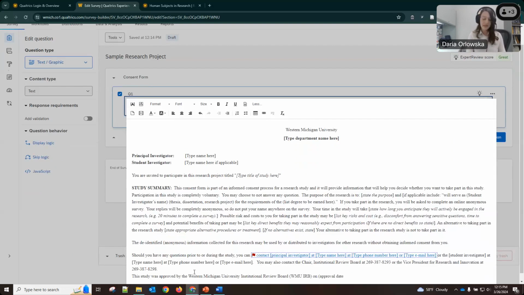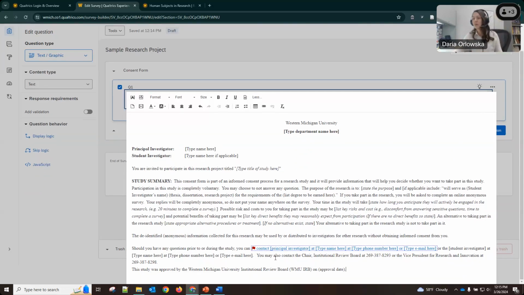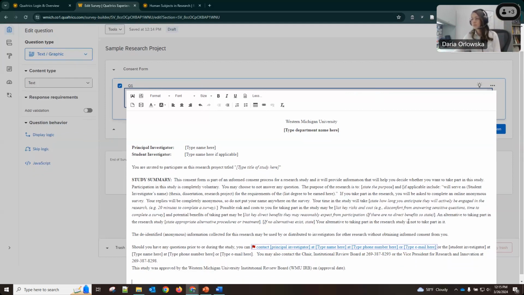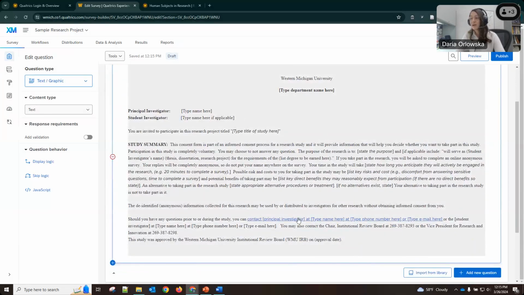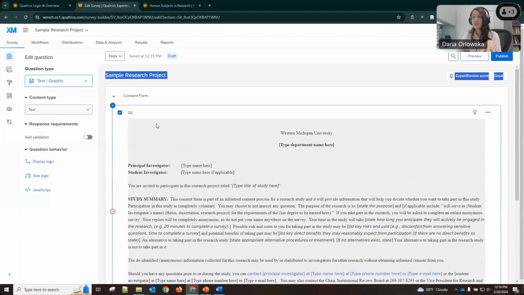And that approval date is one that you will get once your study has been approved through Cayuse, and you will make updates to this survey. Okay, and I clicked out and now everything has updated. So you will see that there are places where you need to update that information, but this is basically the bones of it, right? So your first question, you can change what your questions are called.